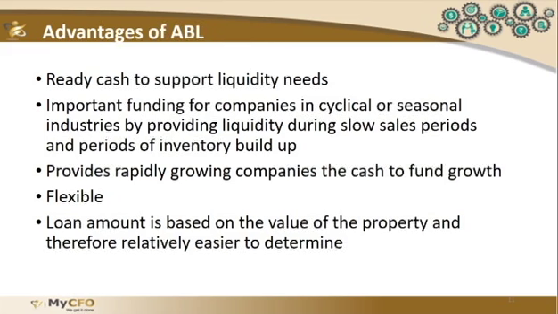ABL provides rapidly growing companies the cash to fund growth or replenish internal capital used to fund growth by financing increases in receivables and inventory. An ABL facility is typically underwritten with a limited number of financial covenants. The risk this poses to the bank is mitigated by the conservative advance rate against liquid collateral, strong collateral controls,